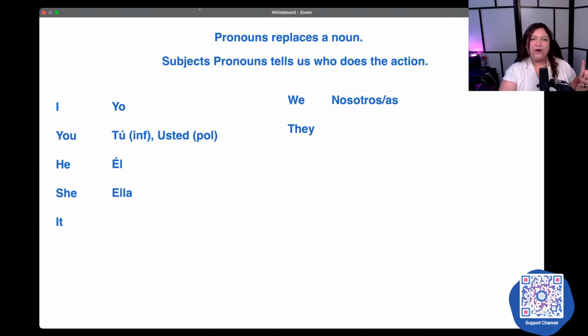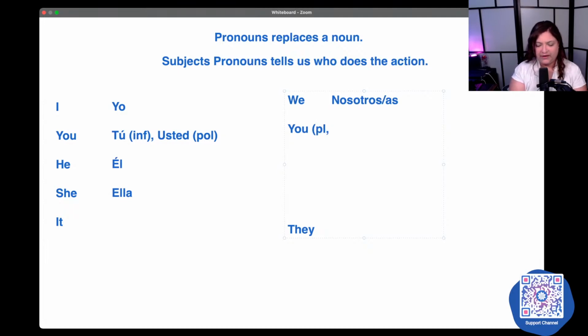Now, before we get into they, there are a couple of other pronouns that we need to know. So, in English, we have you singular and you plural. In Spanish, you plural also exists. I'm going to teach you guys two ways.